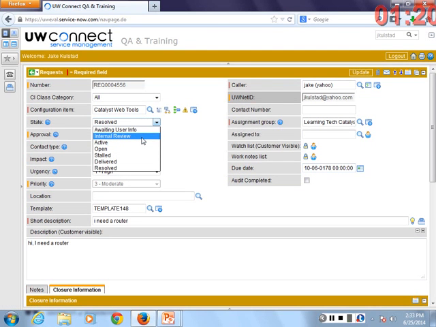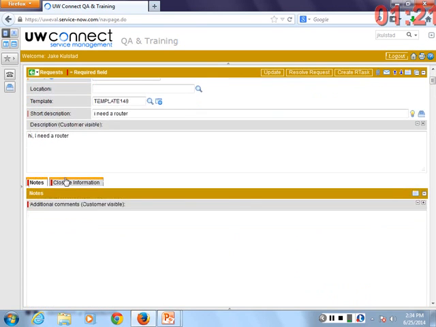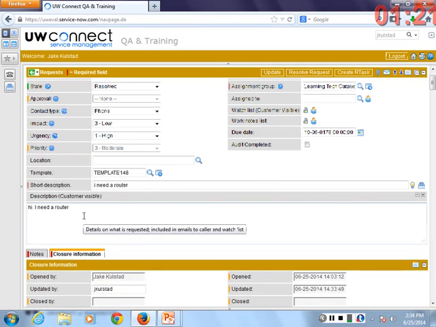I'll just point out that for 3 days, 3 business days, as an IT worker, I too can still move this request back into an active state. But if I don't, after 3 days, it will be closed permanently, and I cannot change that state. The other thing to point out is that I showed you a workflow of changing the state to resolved, and then I clicked update. You can just click on resolve. That will automatically set it to a state of resolved, and it's just one fewer click. So that's why we have the 2 buttons there. But again, I have to have my comments and closure information. Everyone okay with that? Good.